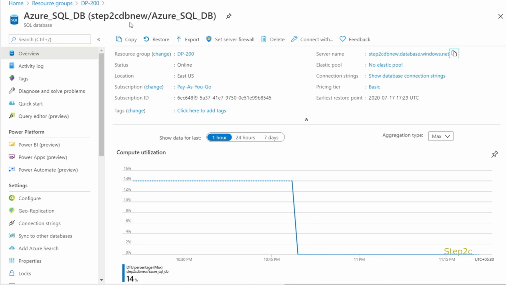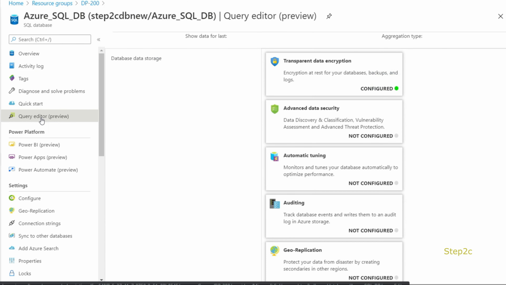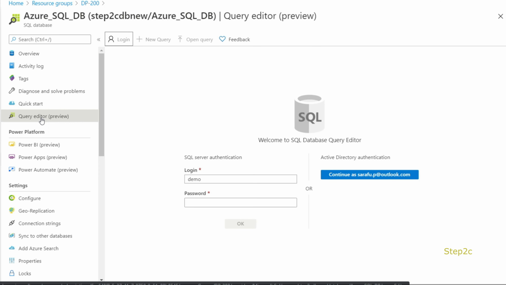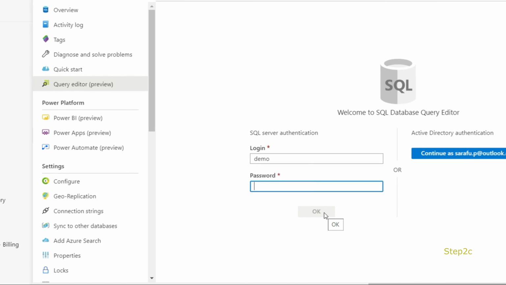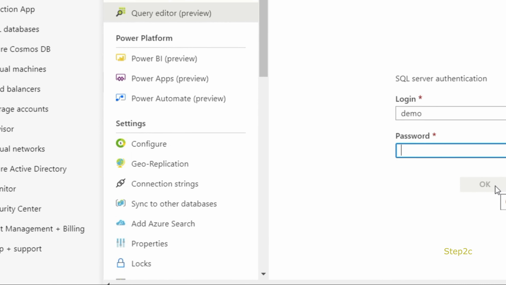We could use SQL Server Management Studio to access this database from our local machine. And if you want to connect from the Azure environment, you could use Query Editor. You could specify the password and try to connect. I'm going to try from SQL Server Management Studio.